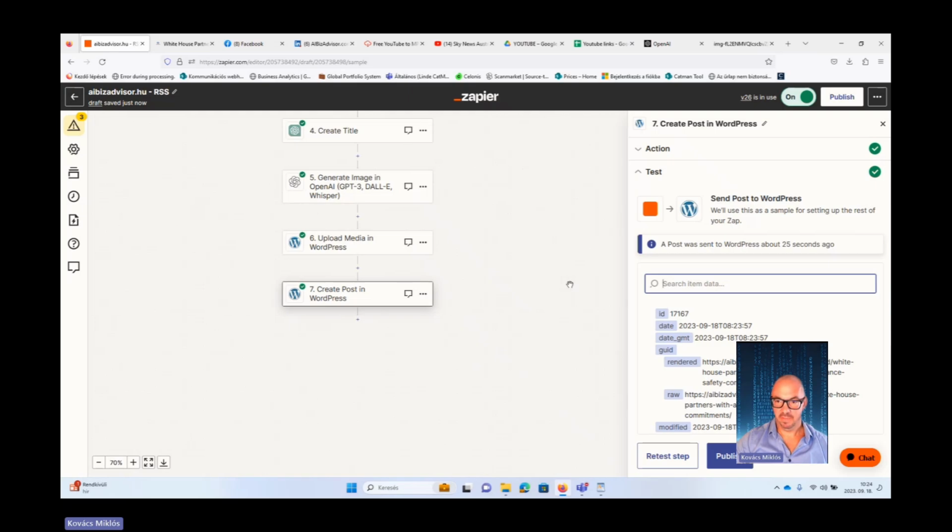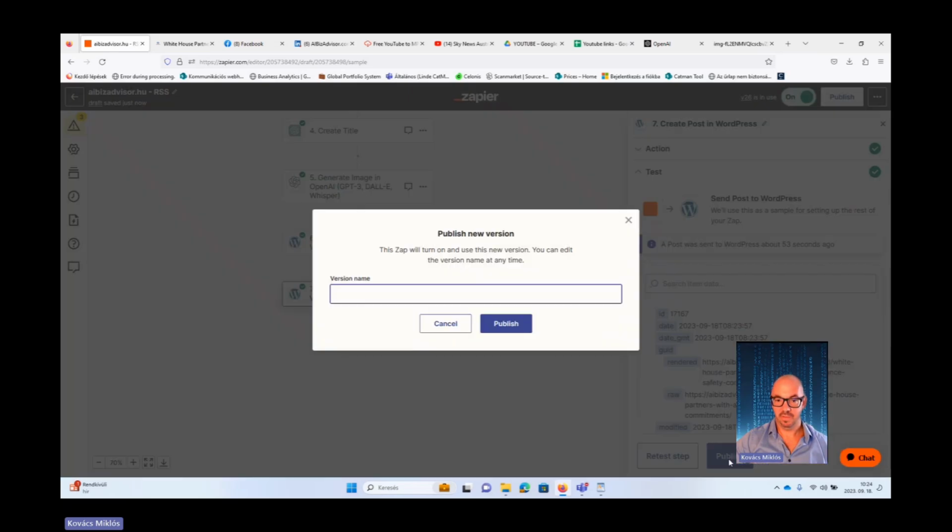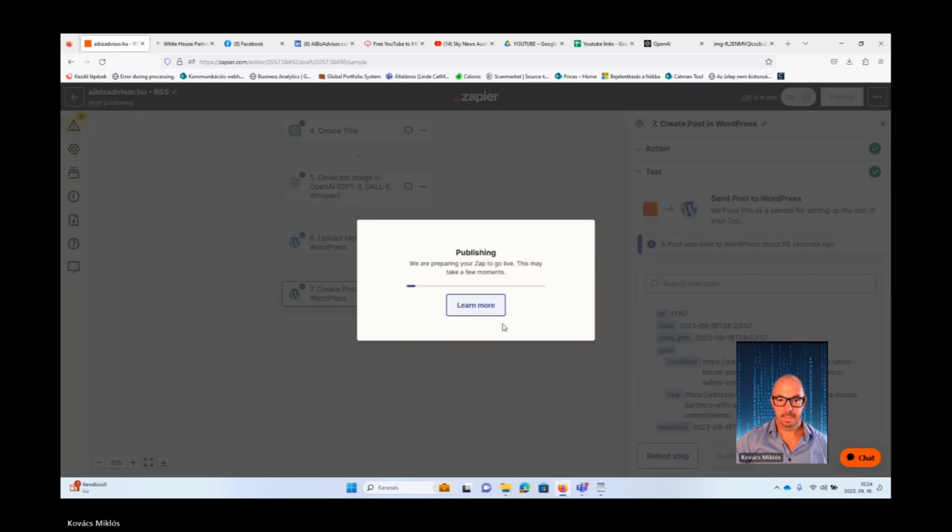And if you are satisfied, it's all good, then you're gonna click on publish, and we are done. Here we go. And now we have a finished Zap, a finished workflow, and your blog posting is working automatically.